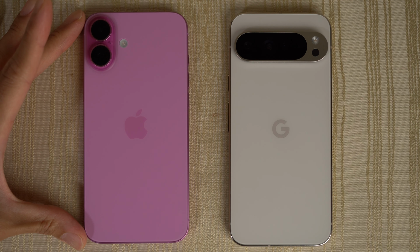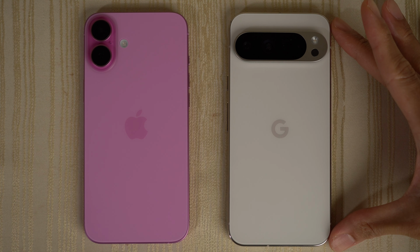Versus the Google Pixel 9 Pro XL. This one has the Tensor G4, which is a 4nm chipset. It has the Mali G715 MC7 GPU, a nice and hefty 16 gigs of RAM. It's on UFS 3.1. Fresh out the box, this one has Android 14 and hopefully real soon will receive its update to Android 15, and Google promises 7 major Android upgrades for this phone. Very nice. So let's go ahead and turn on both phones